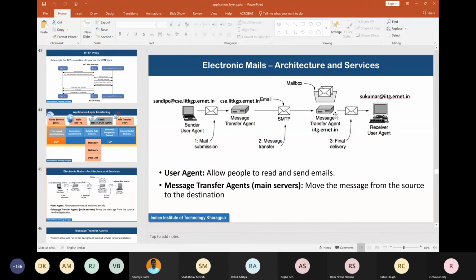That text is not connected to an IP address because it does not make sense to connect them to IP addresses. The computer at which this user sukumar@iitg.arnet.in will log in to access his email is not constant. So it is not possible for the message transfer agent to look for you everywhere in the entire campus-wide network. Where are you present? And where will it send it? There is also a confidentiality part. It cannot just send an email to a publicly accessible shared folder of a random computer anywhere.